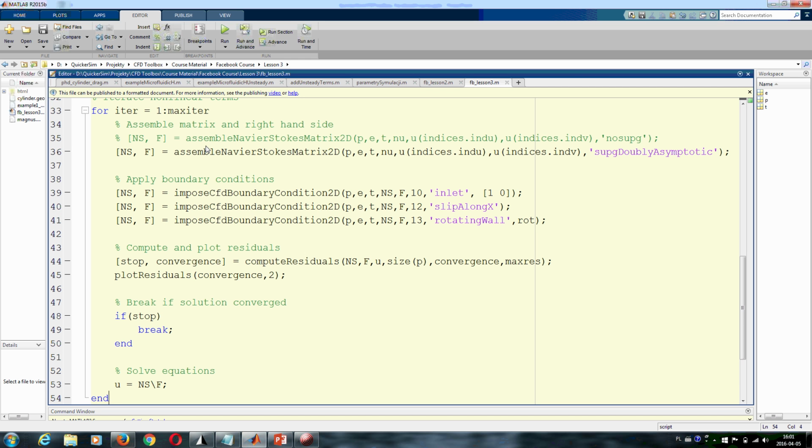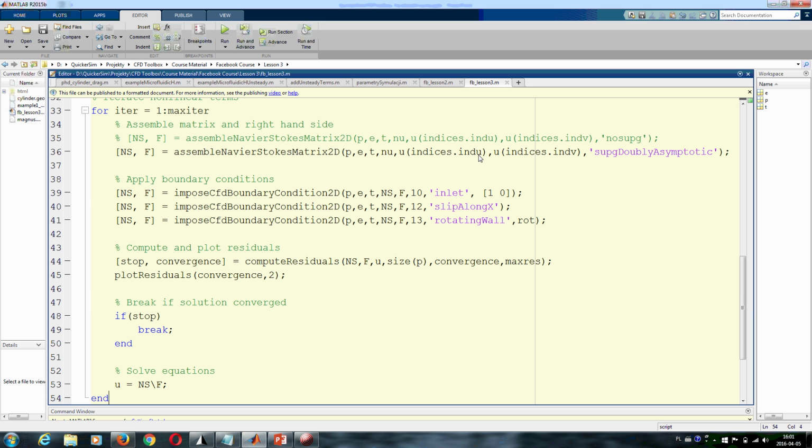So for Navier-Stokes flow, we assemble the Navier-Stokes matrix to the P, E, and T information about our mesh, new kinematic viscosity, U. This will be the solution vector, which will be storing the whole solution to the velocity field and the pressure field. And the nice thing about the indices structure is that you use this indices.ind_u to refer to